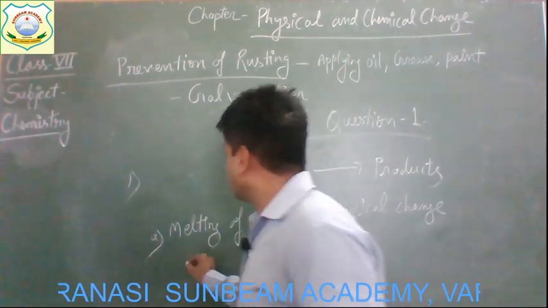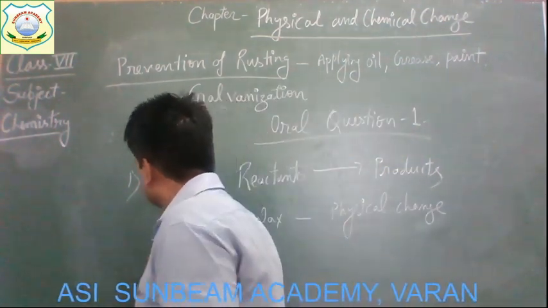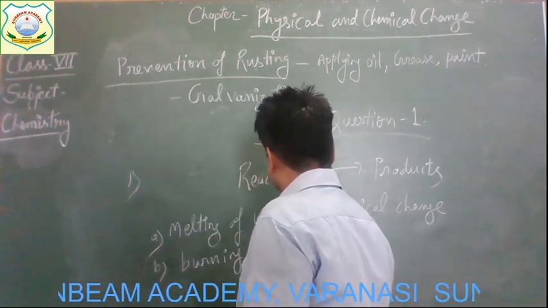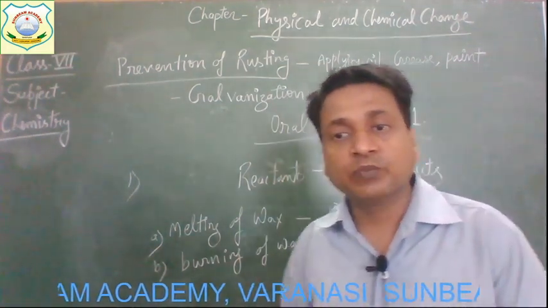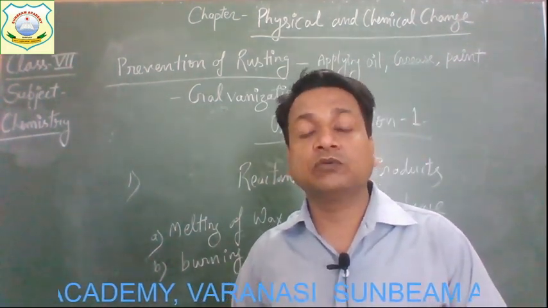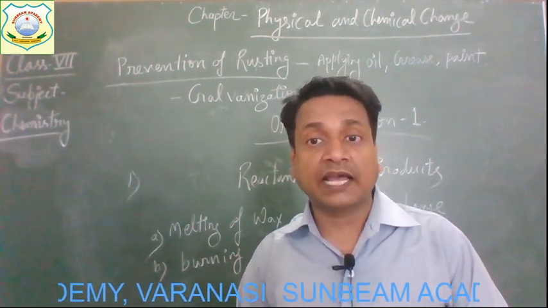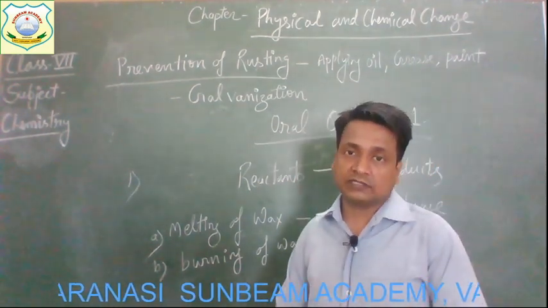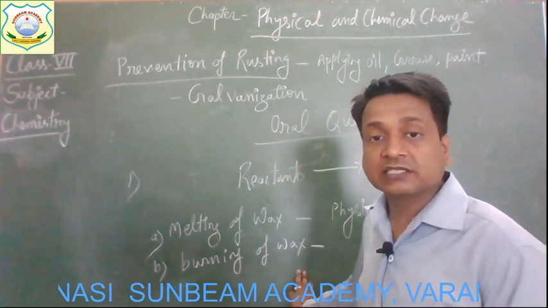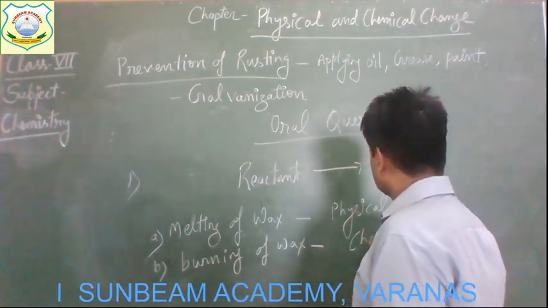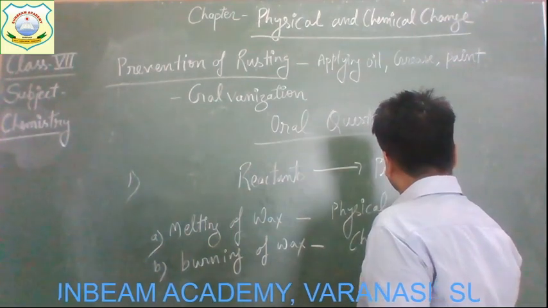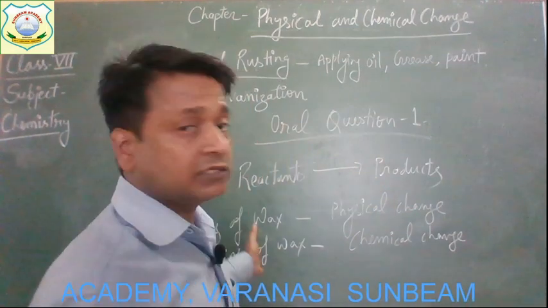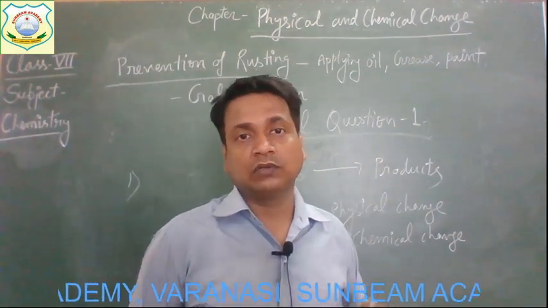And the second one is burning of wax. When the wax burns in candles, it produces new substances like heat, light, and vapors also. So they have different chemical properties. So we can say that the burning of wax is a chemical change. Understood, children? So these are the oral questions which are given in your book, and you need to do them